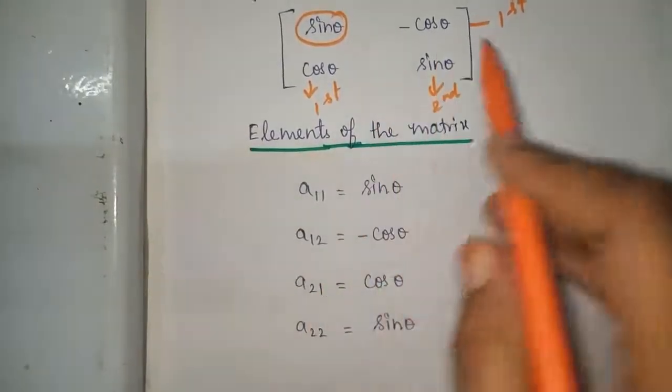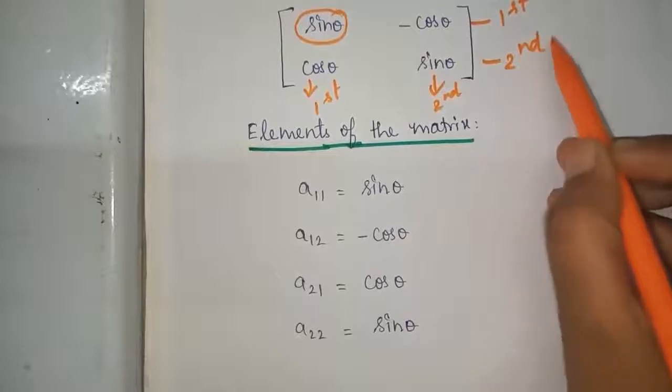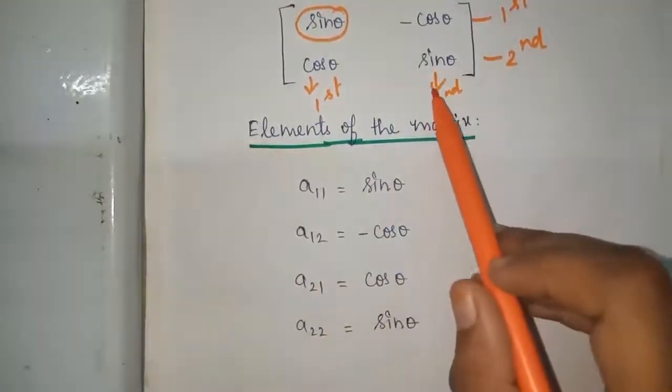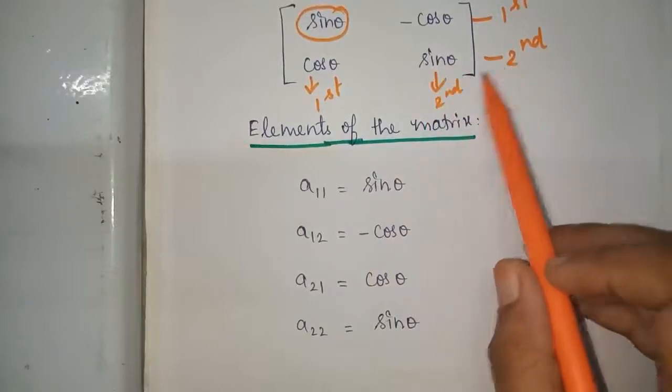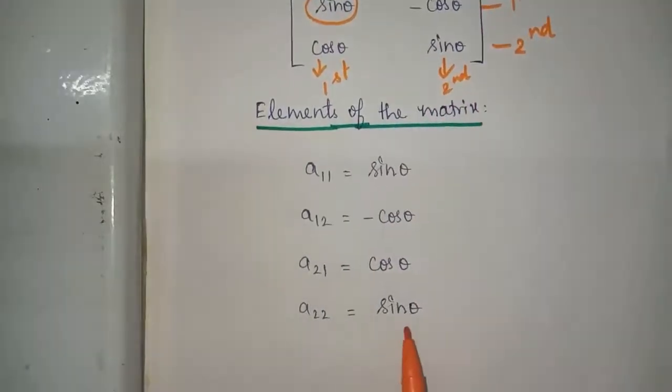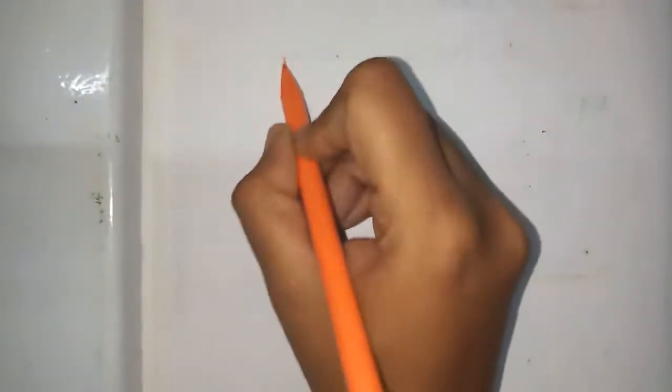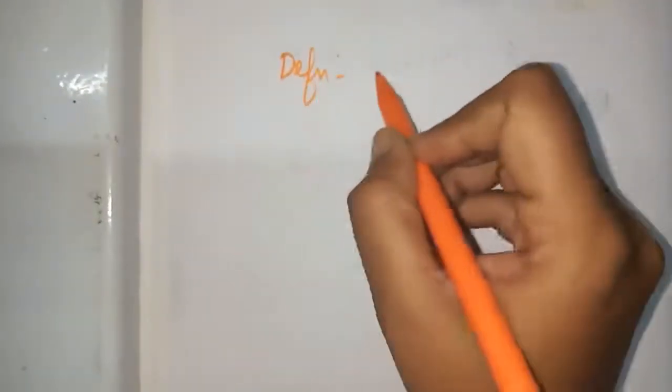Then A21, second row, first column. So A21 is equal to cos theta, and A22, second row, second column. So A22 is equal to sin theta. Now we see define matrix,